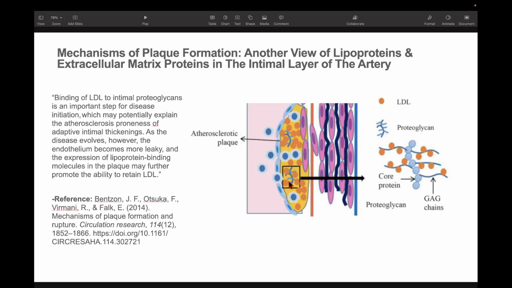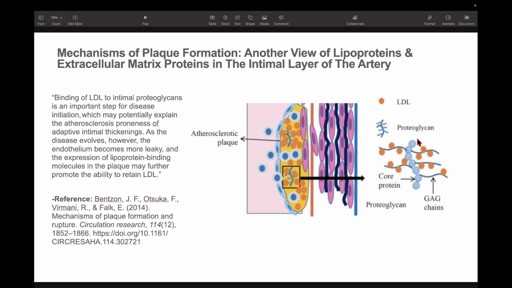Then you see these blue lines here are the proteoglycans, those extracellular matrix proteins, and they're binding up all of the LDL, the lipoproteins binding in. And then we have these immune cells infiltrating the area as well. And essentially, it's this feed-forward cycle, right, where the